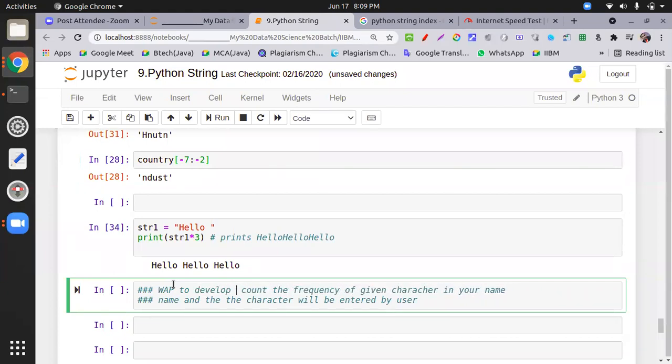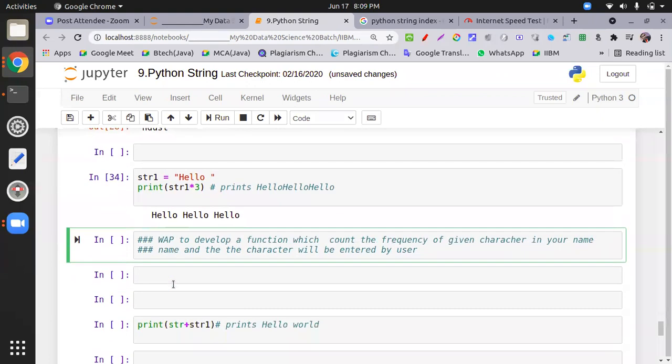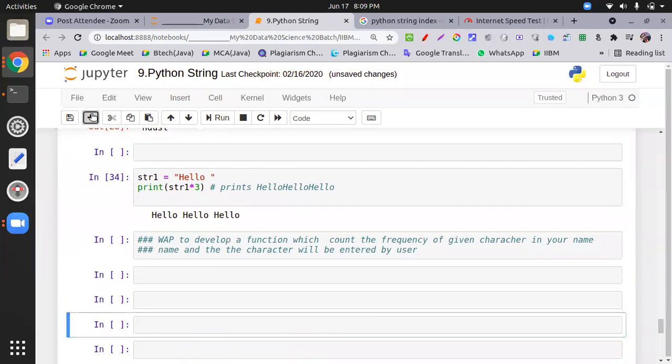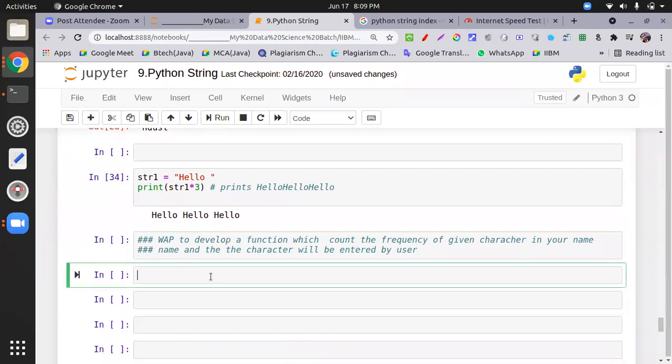Develop a function which counts. All right, very good. Okay, so you start, please. I'm starting from my end. So what I do first